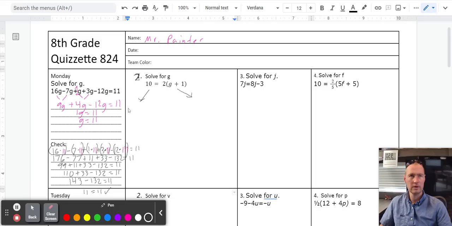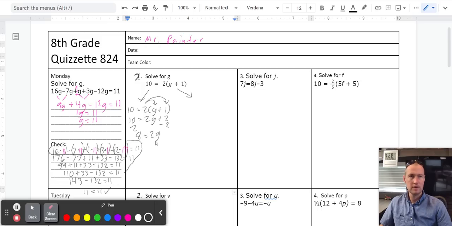Way number 1 is you can do 10 equals 2G plus 1 and do the distributive property. Again, 2 ways to do it. So what happens is you got 10 equals 2 times G is 2G, and 2 times 1 is plus 2. Next step, subtract 2 from both sides, so minus 2, minus 2. And we are going to block that out. We have 8 equals